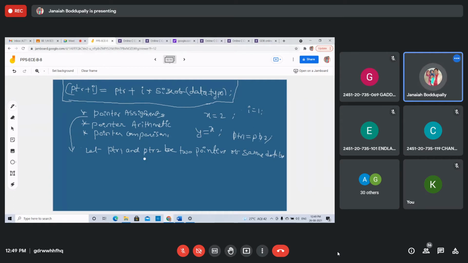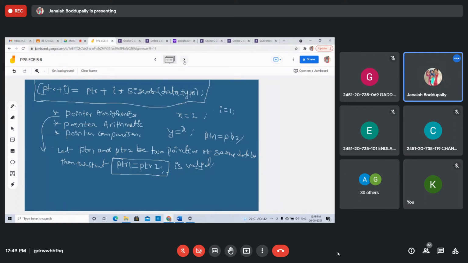Then the statement ptr1 equals ptr2 means the address value of ptr2 will be stored in pointer variable ptr1. It is a valid assignment statement of pointers. Got it, students?